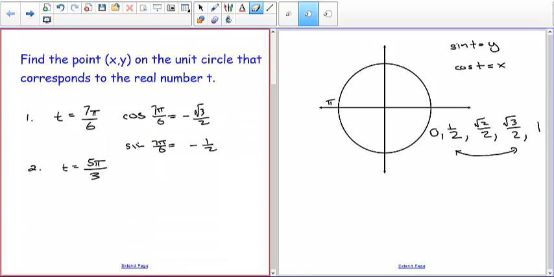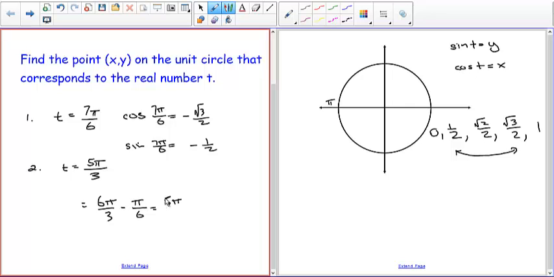So 5 pi over 3. Where does that land? 6 pi over 3 is 2 pi, so it's going to be close to here. One way you could think of it is, if you take 6 pi over 3 and subtract 1 pi over 3, 2 pi minus 1/3 pi is going to give me 5 pi over